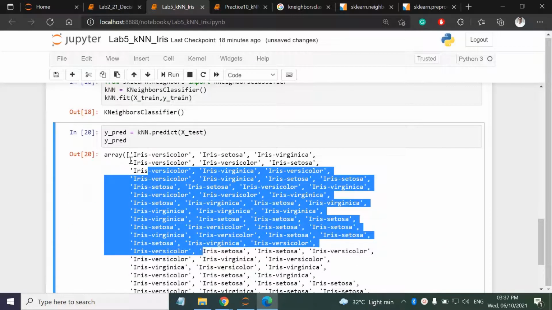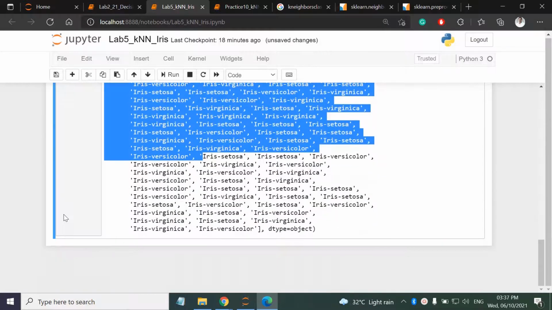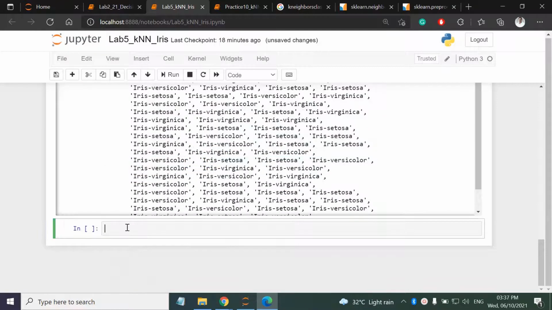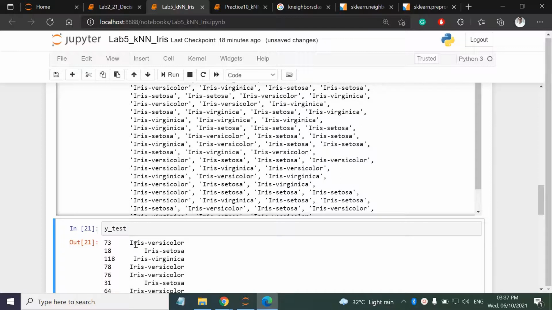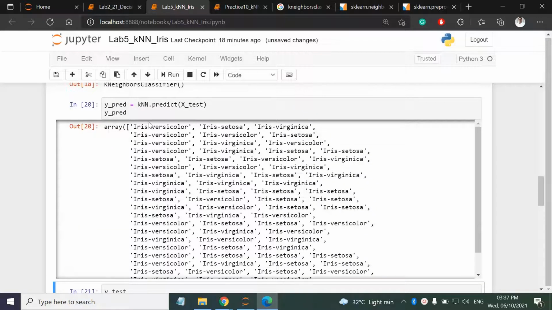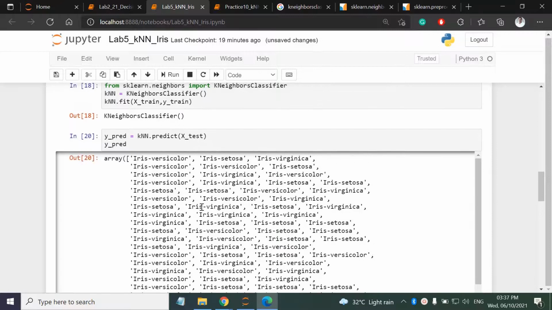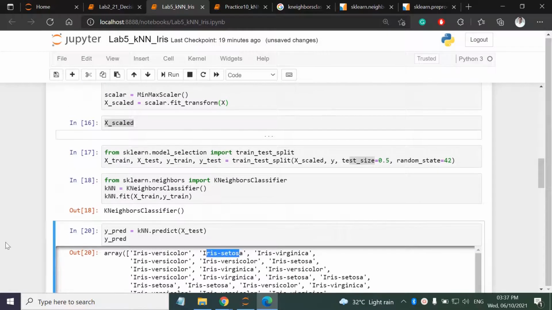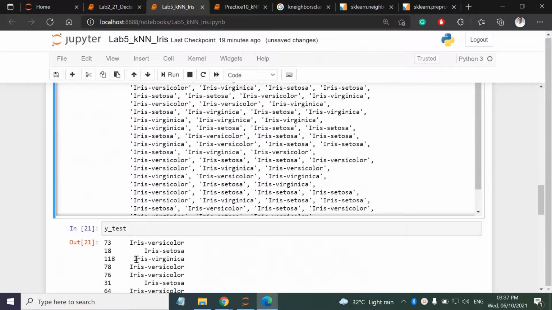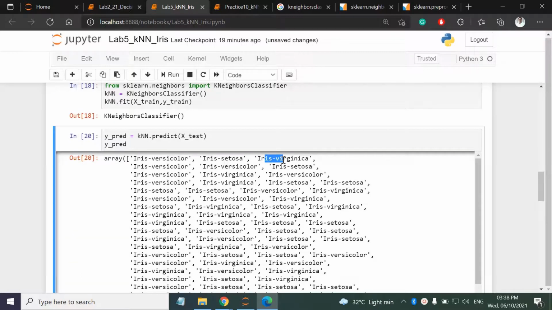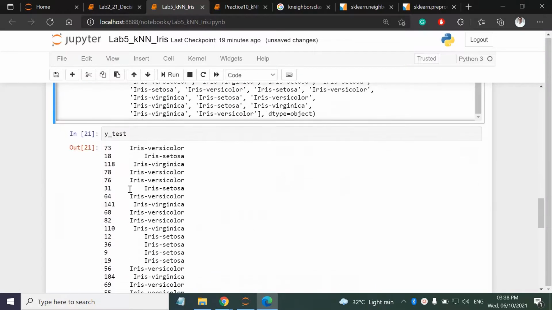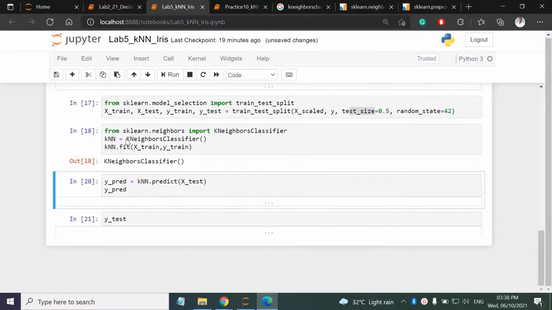These are the predictions, and if I print the true labels which are present here, first class is iris versicolor. Yes, correct. Iris setosa, right? Then next is virginica, right? So you can check the output manually.